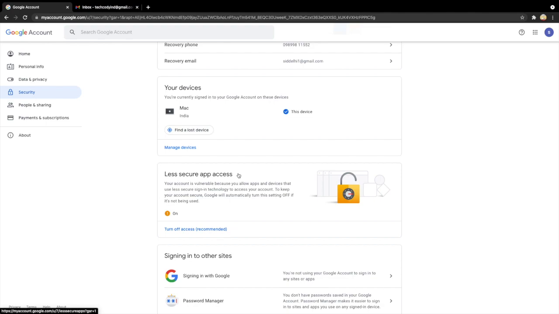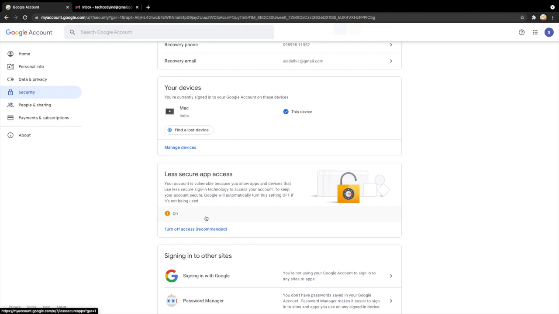Generally, if you are using some kind of less secure device, because we are not implementing any security protocol like TLS, Google will consider that it seems to be some kind of hack, or that you are accessing the account via some script, so they block the access. Once you enable this setting, Google will not implement any measures to block such access. So I have switched on this functionality.